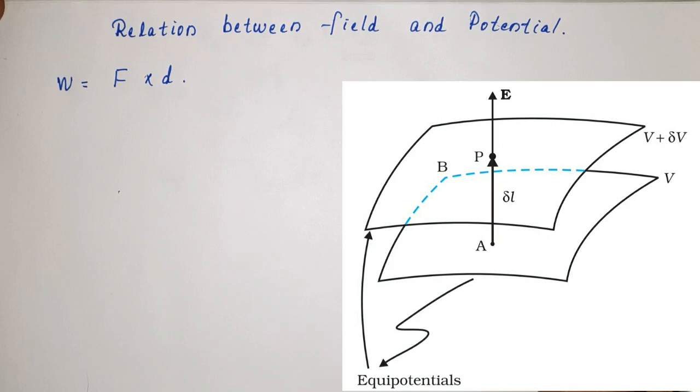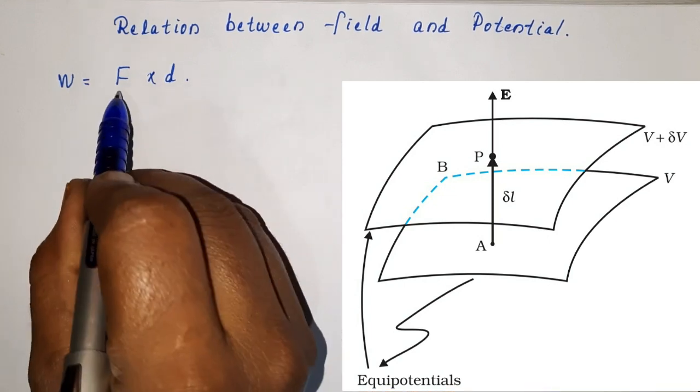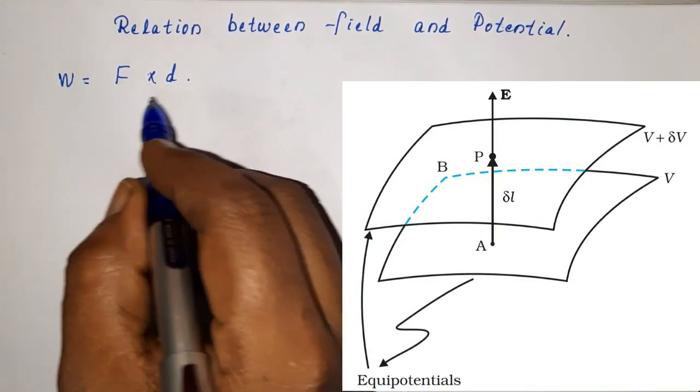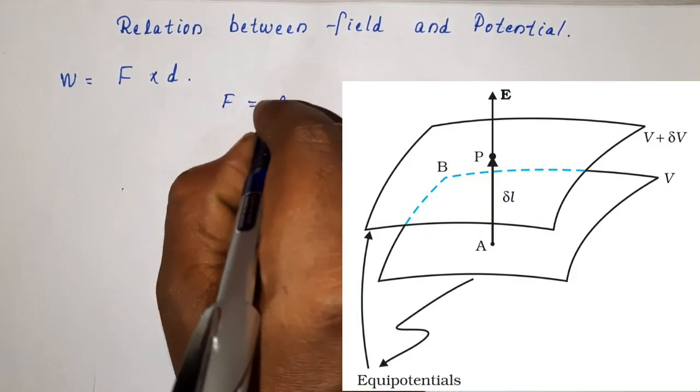There is an electric field and the charge is moved from B to A in the electric field. Is it in the direction of the electric field? No, it is to be moved opposite to the direction of the electric field. So work is to be done against the direction of the electric field. What is the work done for that? Work done is force into displacement. And what is the force required? The force required is given by QE.